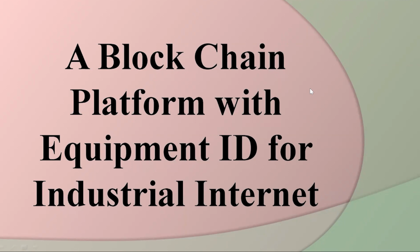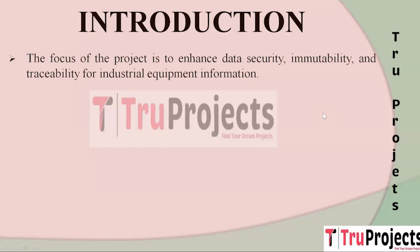Friends, in this video we are going to explain the project titled A Blockchain Platform with Equipment ID for Industrial Internet. Introduction. The primary focus of the project is to improve the security, immutability and traceability of industrial equipment data. By employing blockchain technology, data becomes highly secure, cannot be altered once recorded and can be tracked throughout its